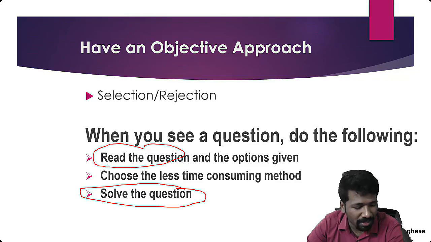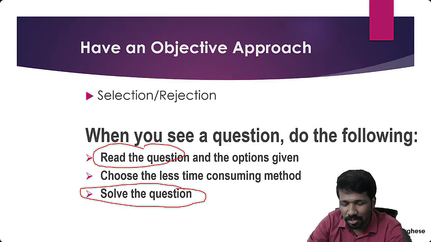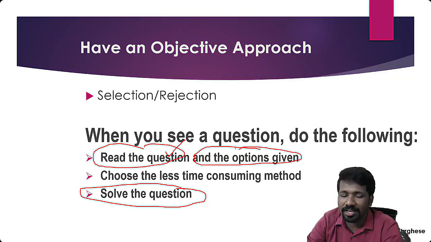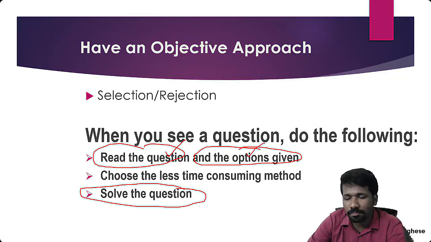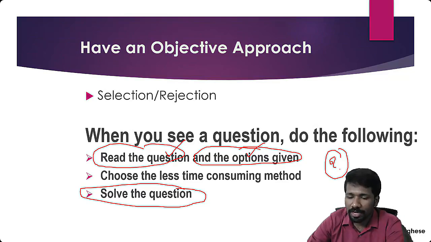Aptitude section complete करने के लिए मुझे 45 minutes लगेगा, 1 hour लगेगा. This complaint is because you are not using the right approach of solving questions. Reading the question, उसके बाद options analyze करना, read करना, understand करना बहुत ही important है. Reading question and options are important. Question does not end in a question mark in an objective type question paper. Question ends with the 4 options. So understand 4 options, that is very important.